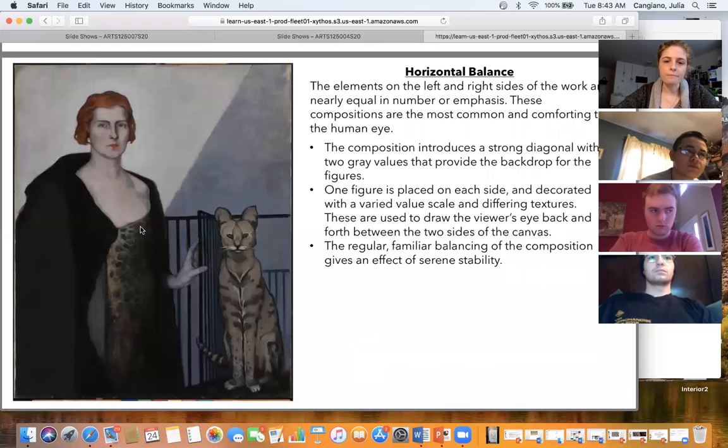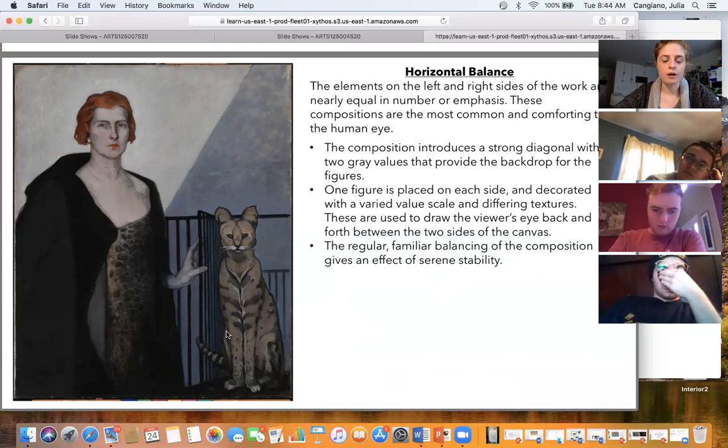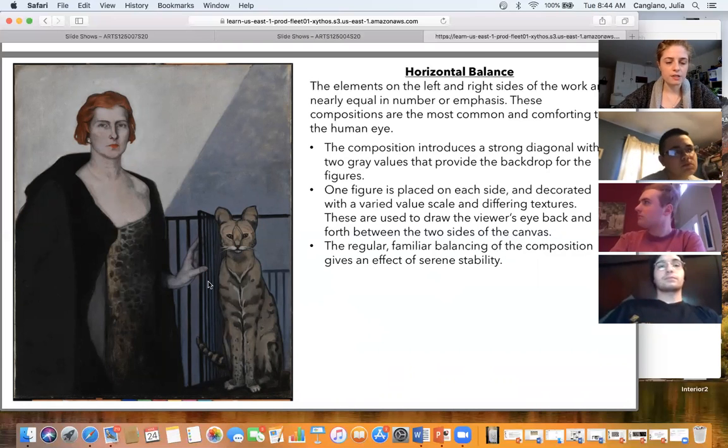And you also are seeing similarities between the two figures, in terms of this lady wearing a leopard print or animal print dress, and then the cat obviously having that leopardy sort of pattern on the fur. So you are having this similarity. And you're even seeing this is almost a line, and even this gate here, but these are almost directly bisecting the canvas vertically. So that's another interesting piece.